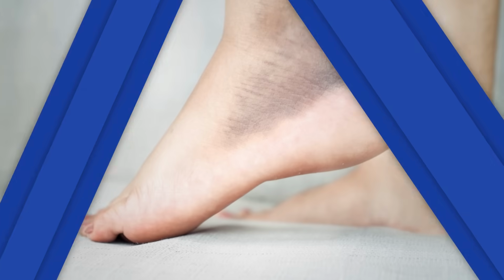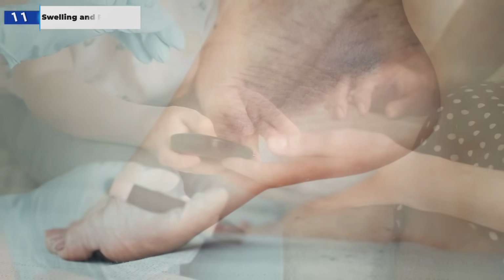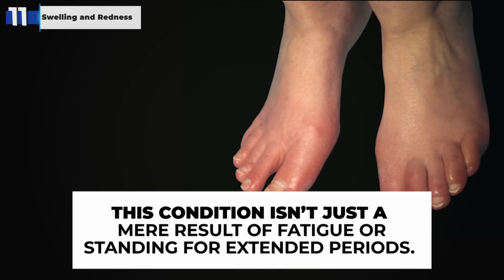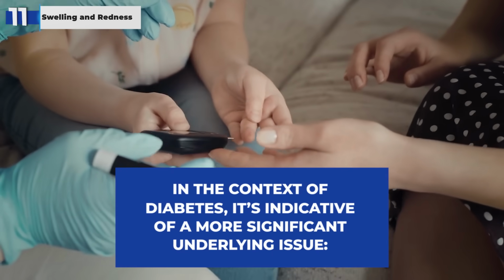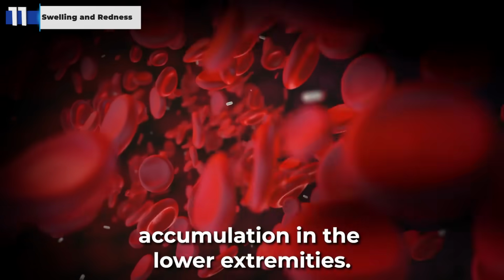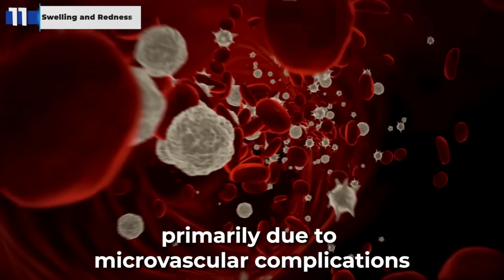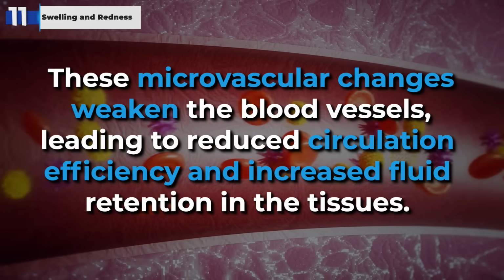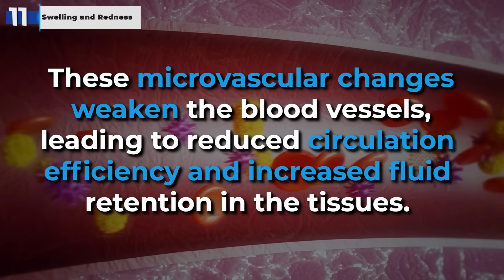Now, let's dive into number 11. Focusing on swelling and redness or edema in the feet, a key symptom often associated with diabetes. This condition isn't just a mere result of fatigue or standing for extended periods. In the context of diabetes, it's indicative of a more significant underlying issue: impaired blood circulation and fluid accumulation in the lower extremities. Individuals with diabetes are particularly susceptible to these symptoms, primarily due to microvascular complications that can arise from prolonged hyperglycemia. These microvascular changes weaken the blood vessels, leading to reduced circulation efficiency and increased fluid retention in